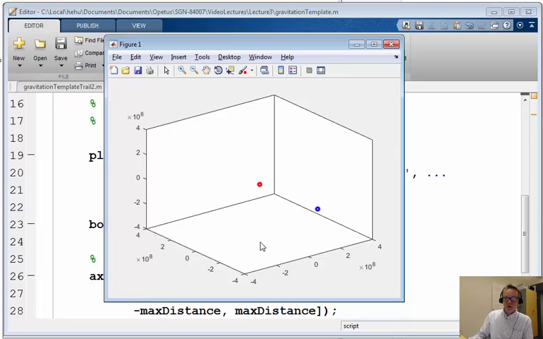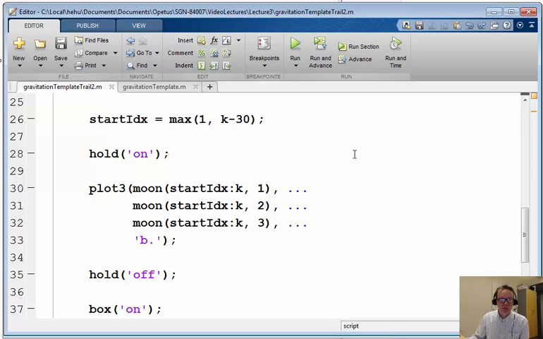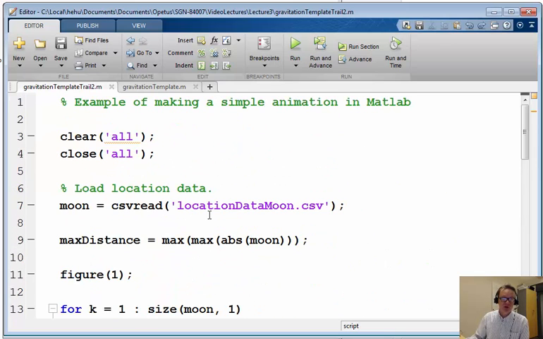But what is missing from this exercise is still the trail. We would like to have the trail that follows the Moon, so to be able to better visualize where the Moon has been in the previous instants and what its orbit looks like. This can be added quite straightforwardly because we already have the previous locations. We would just want to show, let's say, the 30 most recent previous locations of the Moon. And the Moon locations are loaded in here. And in this extended example,